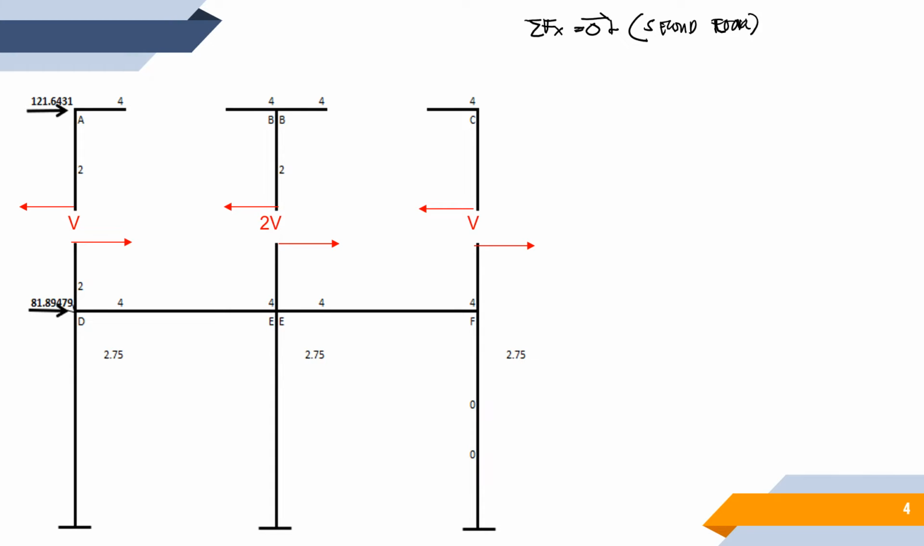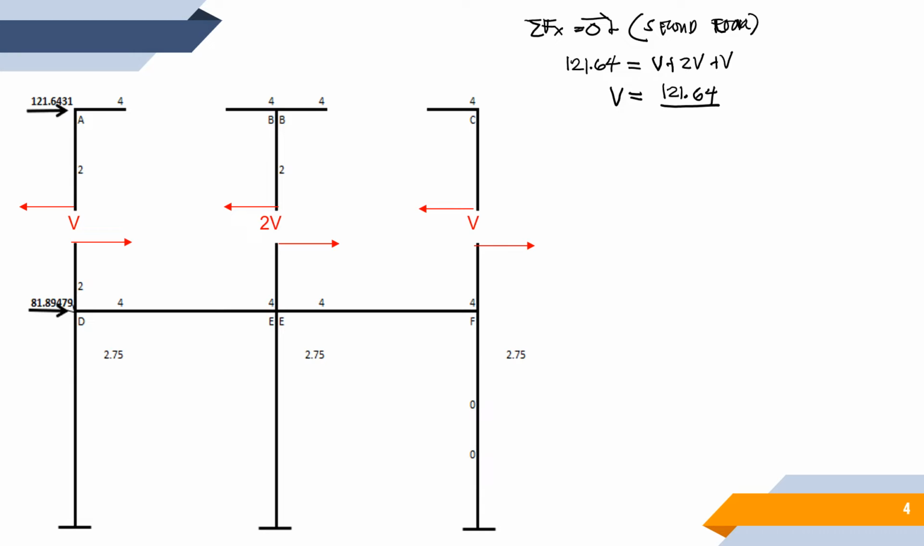Sorry. So going to the right, we have 121.64. Let's just use 2 decimal places. And what are the forces that are acting to the left? We have V plus 2V plus V,